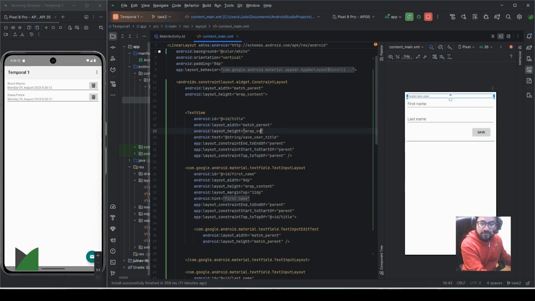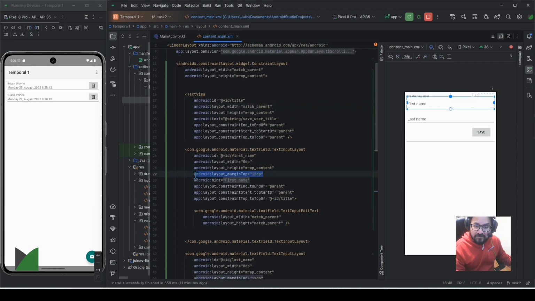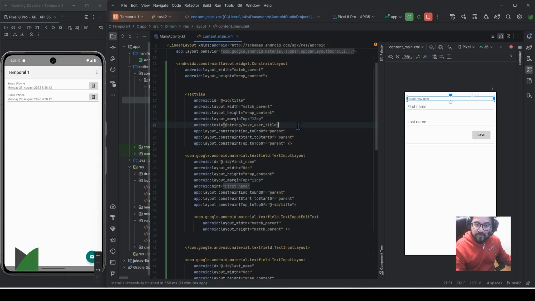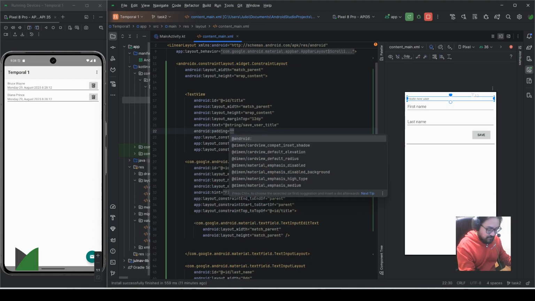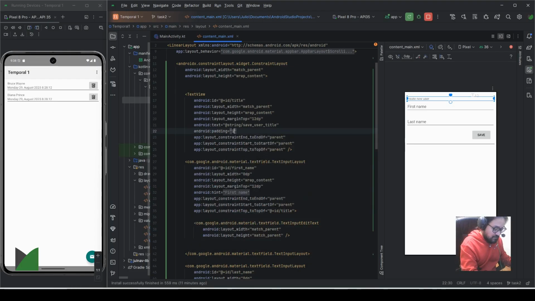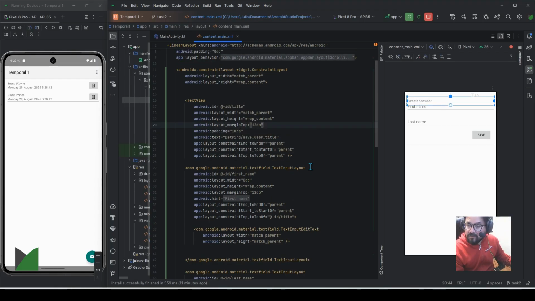And this is raw content, right. And I need to add the same margin top here to here, and set padding, a nice padding for this, and maybe in DPs. I think that would look great. So